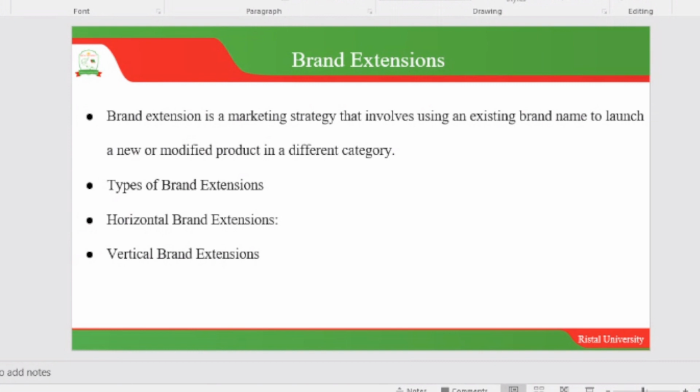But in other words, when you're talking about brand extensions, if you already had a brand called Fertility Solutions, but you want to use that same brand name to launch a new product. The other time I was giving an example